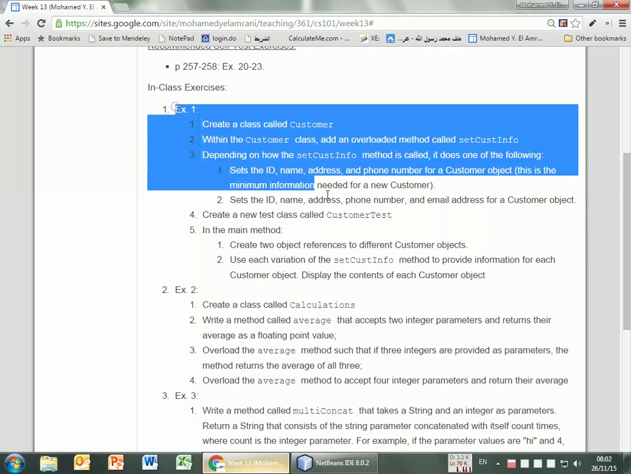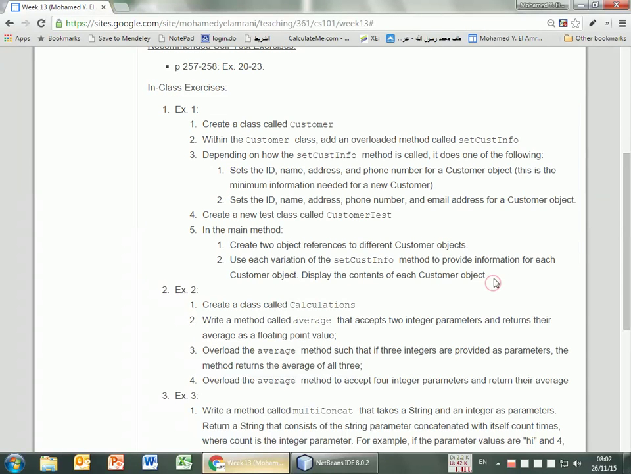Okay, so this is the exercise we're going to be focusing on, just this one. Among all these tasks, I'm going to try to do one by one, because this is what I'm expecting you to do. So first things first, we'd like to create a class called customer,